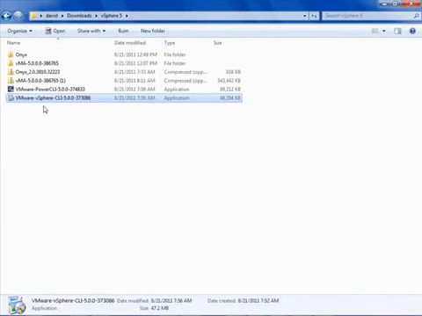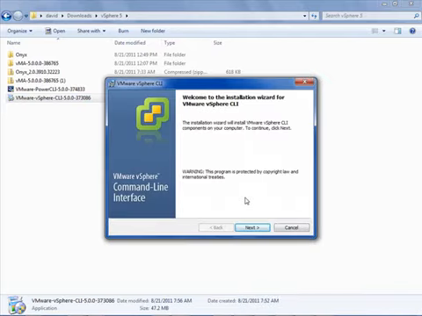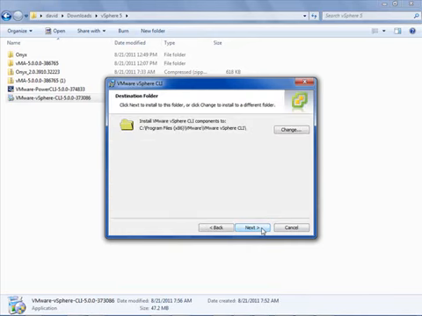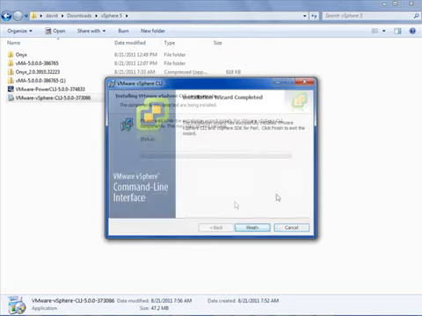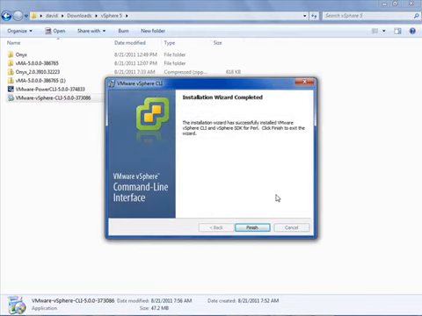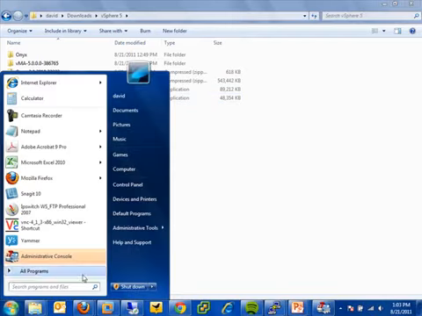Here in this folder, I've got VMware vCLI version 5. I'll just double-click that, and here we'll perform a quick traditional Windows install. You see here the vCLI installation wizard. I'll click Next. We accept the license agreement. I'll take the default destination folder and click Install. With the installation of vCLI completed, I'll just click Finish here,